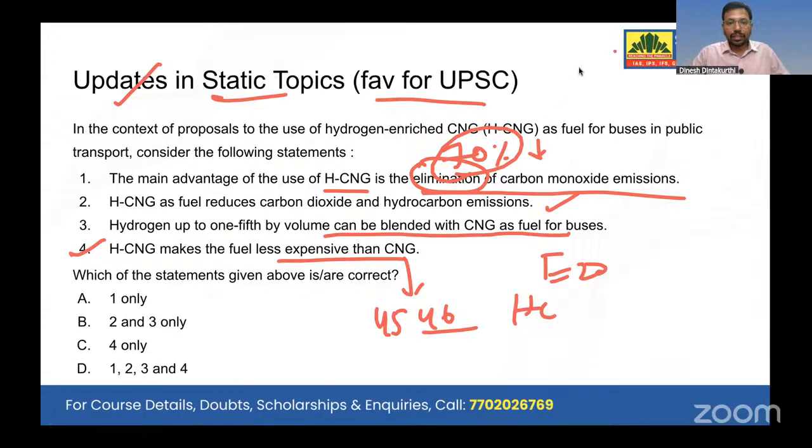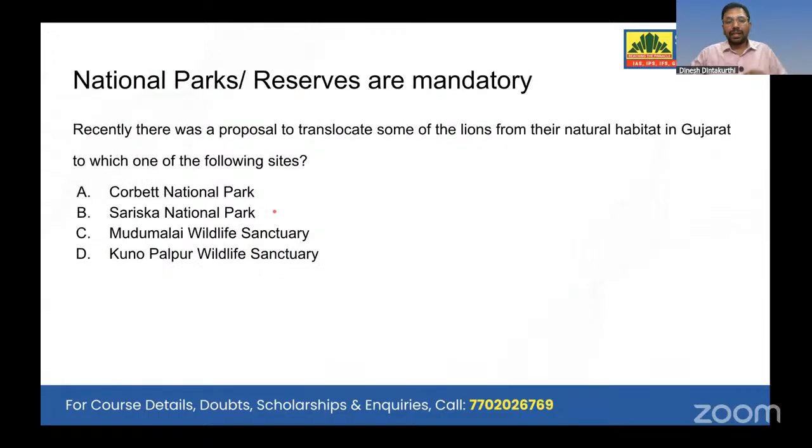Next question, if you look carefully, national parks. This is also one question. Imagine this is a mandatory question, either national park or biosphere reserve or maybe wildlife sanctuary. Of course, wildlife sanctuaries will be much more. There are more sanctuaries, but you have to remember all the 100 national parks, or at minimum 150 to 200 wildlife sanctuaries. You have to remember. There is no other option.